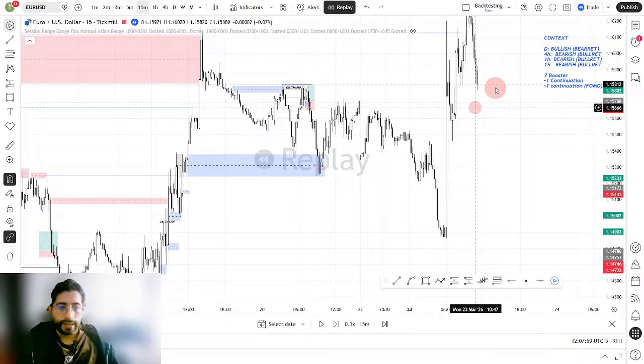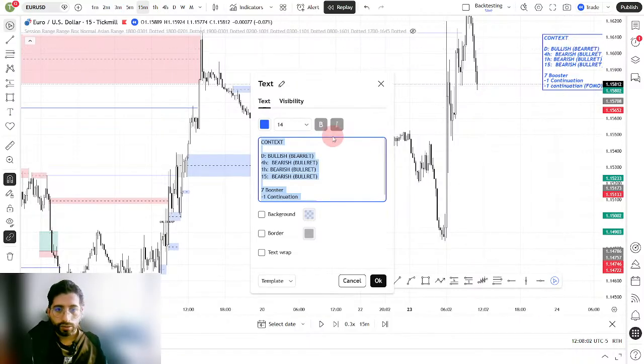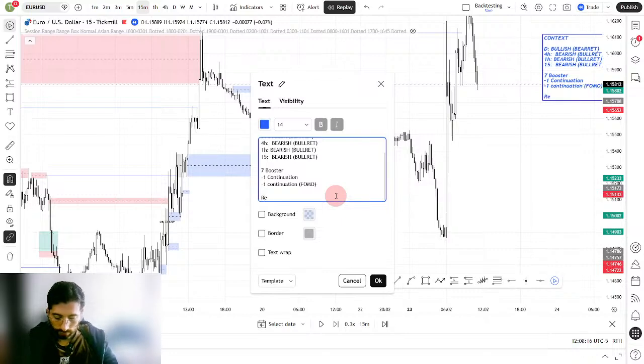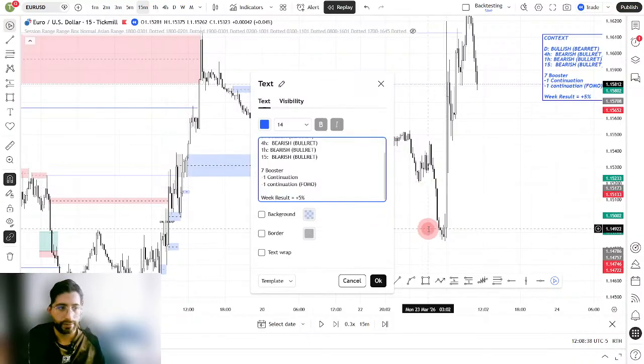So if you make an analysis and you summarize this, you got a risk to reward of 7, and then you subtract the 2 losses. So at the end of the week, you got a result of plus 5%. Yes. So when you get plus 5% in 1 week, right? It means that if you can constantly create 5% on an account,